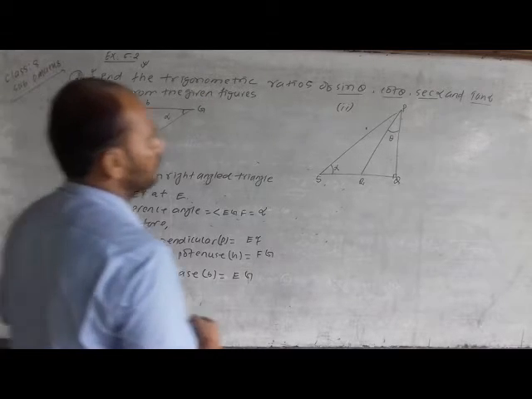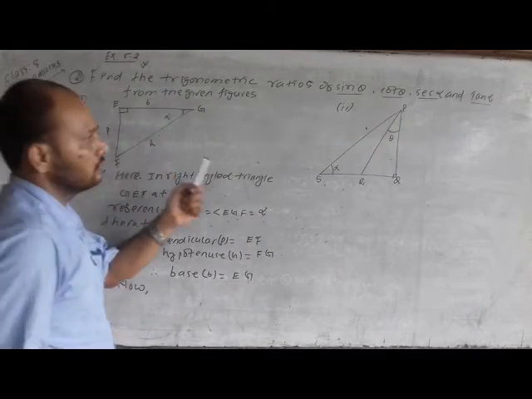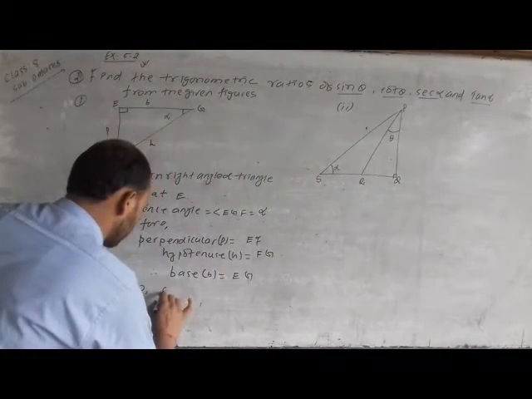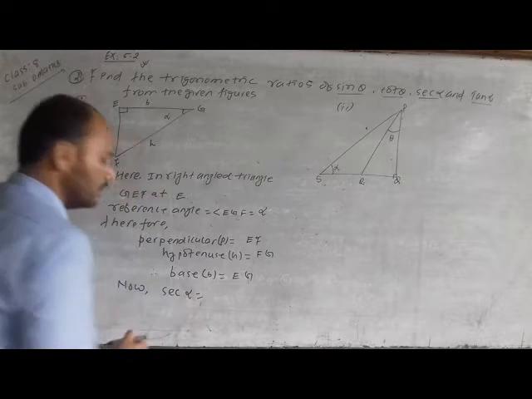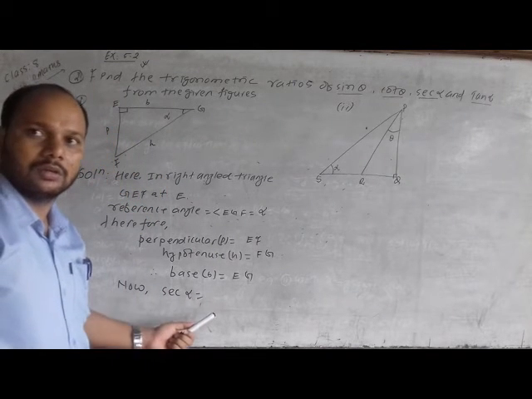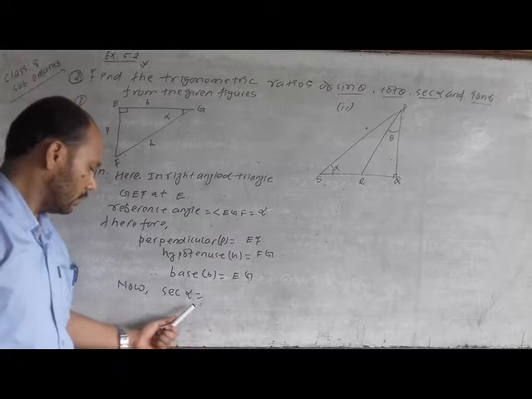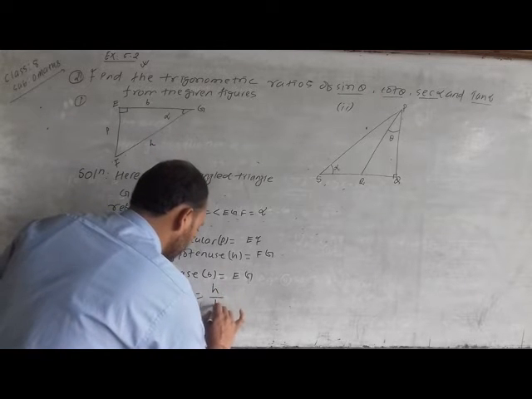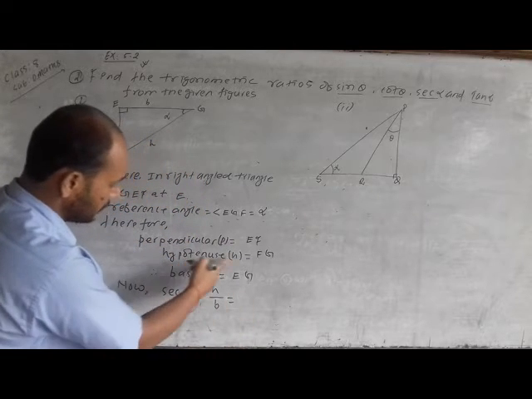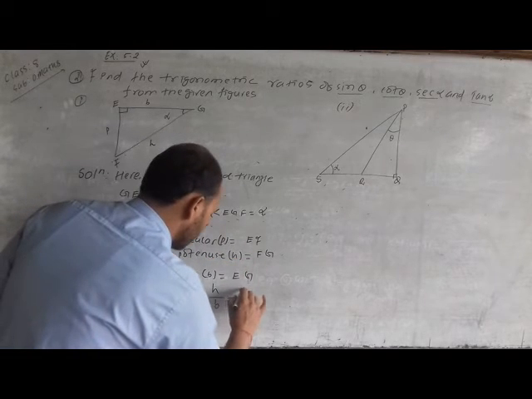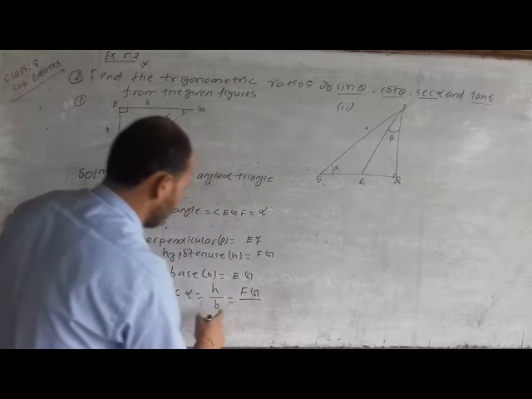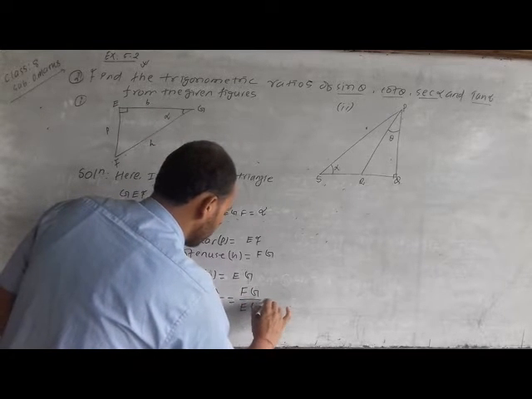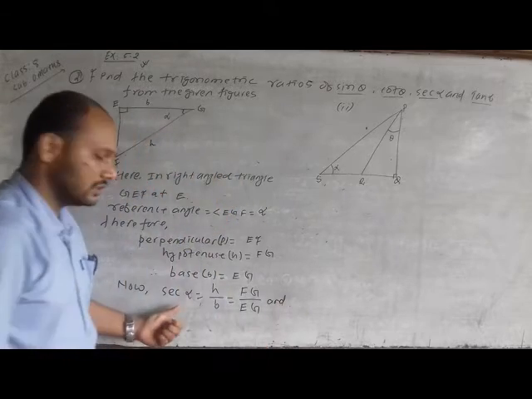Now your question says, here theta is not given, so you directly find sec alpha and tan alpha. We know that sec alpha, we already read about trigonometric ratios. What is the formula to find sec alpha? H by B. What does H represent here? H represents FG and B represents EG. My dear friends, in this way you should find sec alpha.